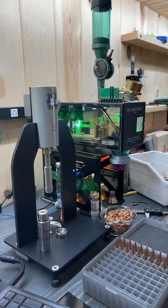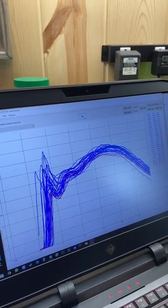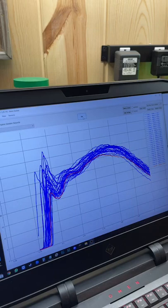I'll show you guys the graph here. You can kind of see what's going on. We'll see the few that way. This is a big batch that I'm doing, so a pretty long session, about 280 rounds that I'm going to be seating here. So we're really going to get to see how this thing holds together in a long session. I might not